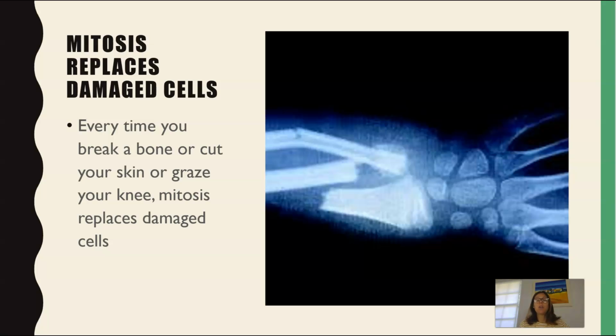And you think how long you're in a cast for, maybe 6 to 8 weeks, depending on the severity of your injury. And in that time, your bone has been able to knit together and repair. Obviously here in the image it's a little bit of a severe break, and it wouldn't be left alone to set. They would have to realign it. And in some cases, if they don't think it'll stay that way, they will put a pin and plate in to help